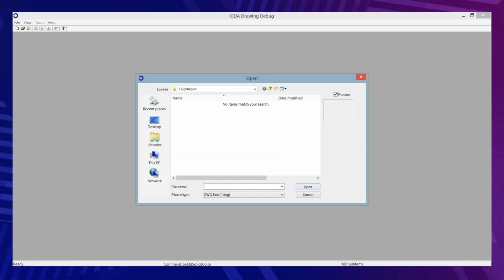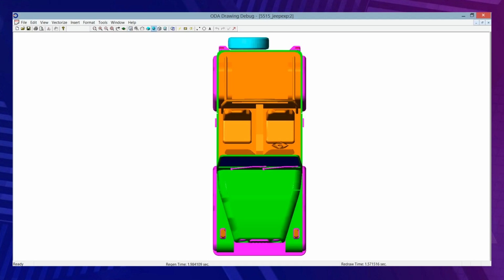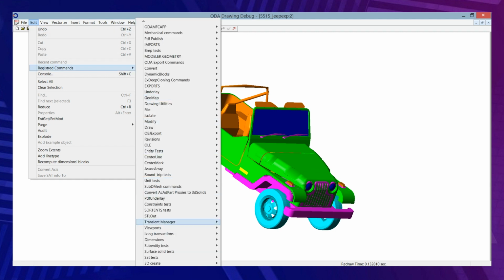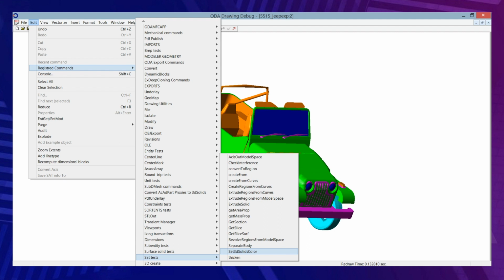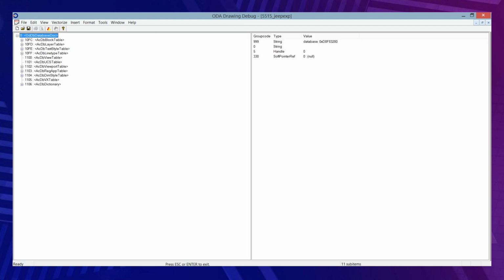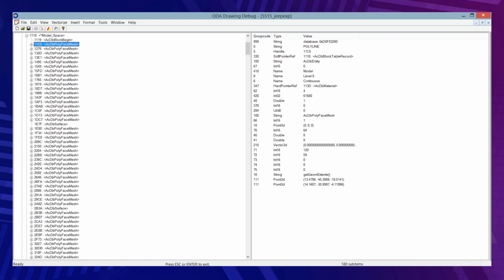The next demo is about a more complex model. We will load not a Parasolid file, but a DGN file with BREP-based entities inside. A more complex model. We just import data from the DGN file into the DWG database. And we can start the same debug command to highlight the BREP-based entities in this file. As you can see, a significant part of the model was highlighted. Let's open model space. Here you can see some meshes. This is the result of importing not converted paths and a set of surfaces and regions. These are BREP-based, ACIS BREP-based objects.